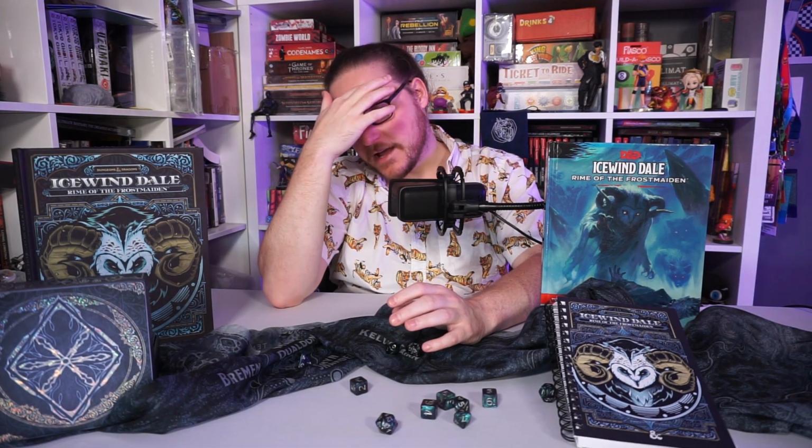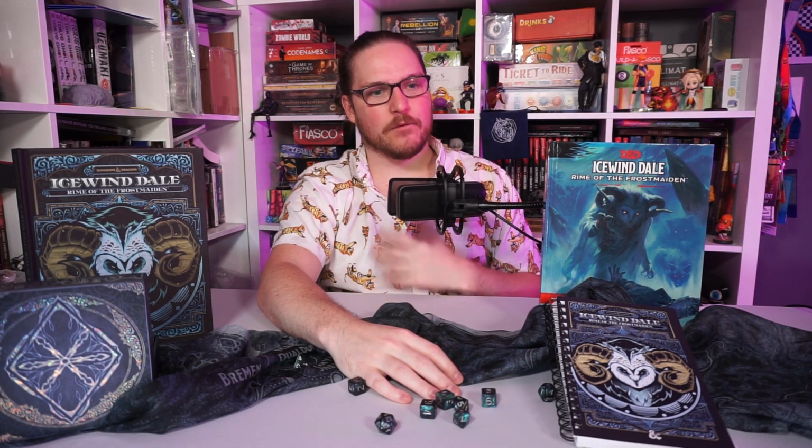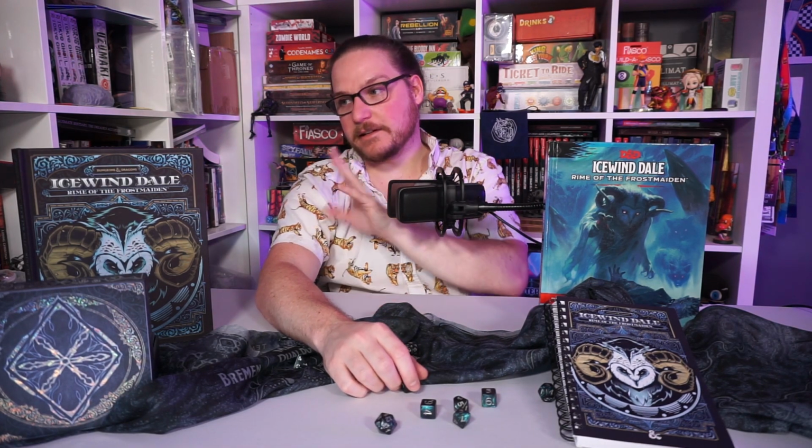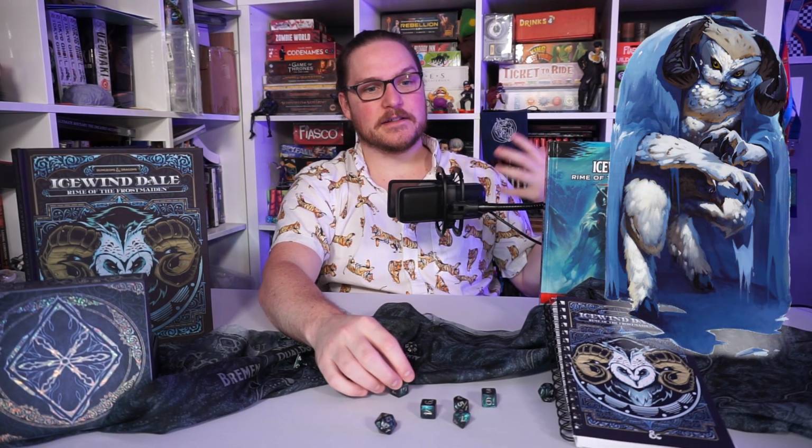I think the fact that this book goes places and starts off so small matters. I think one of the problems of some adventure design, and this is a vague statement, not pointed at anything, not even at Descent into Avernus, is that your players can't always save the world. I think for this one, they're not trying to save the world at the beginning. There are bad things happening throughout every single quest chain, I guess you'd say, throughout this book. There's this idea that this god here, Auril, is